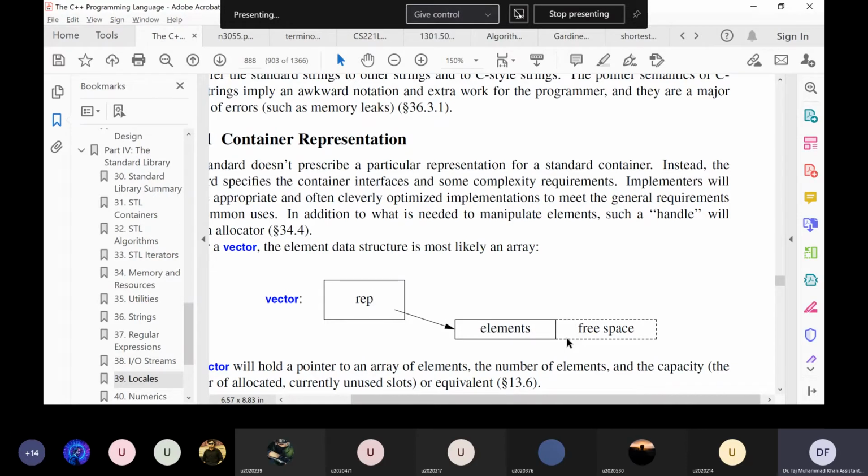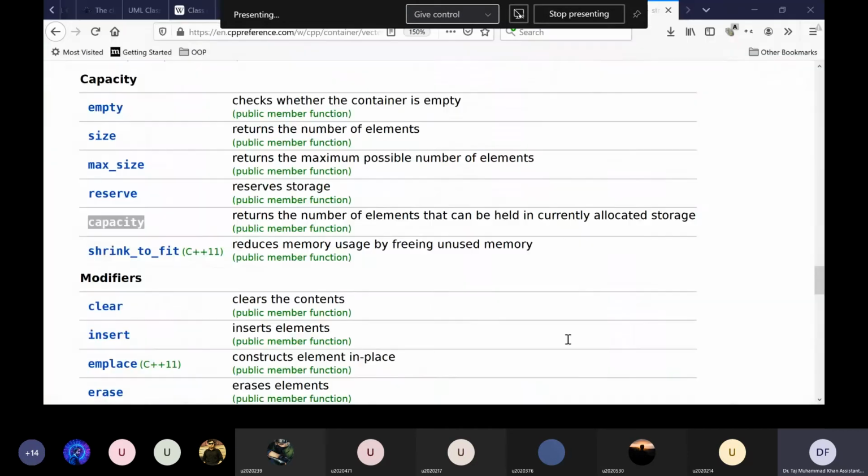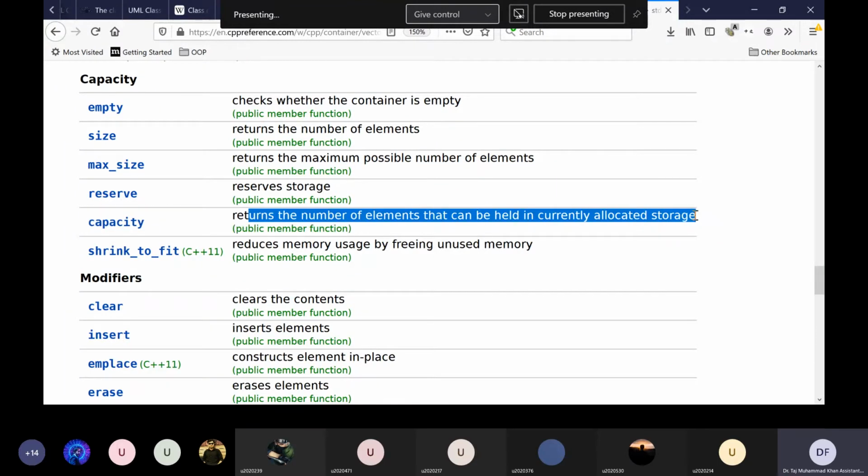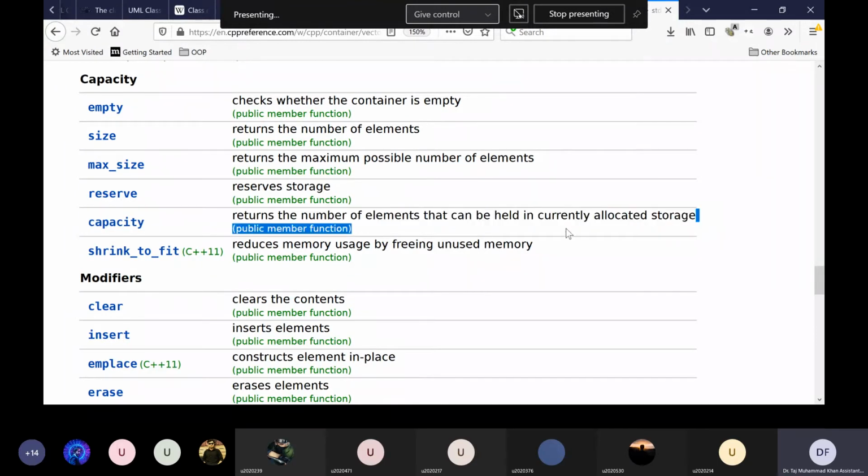So just keeping in mind that heap access is slow, to make our vector efficient, we do not want it to allocate memory every time we insert an element. Okay, so that's why we use these allocations in bulk. So there you have the difference between the capacity and the size of the vector. The size of the vector is basically the number of elements that this container contains, and the capacity is the number of elements that can be held in currently allocated storage. Okay, so currently allocated storage means the memory that is allocated in bulk on the heap.